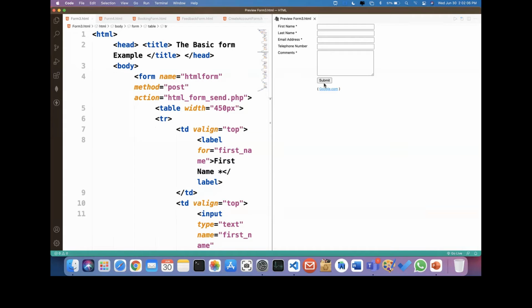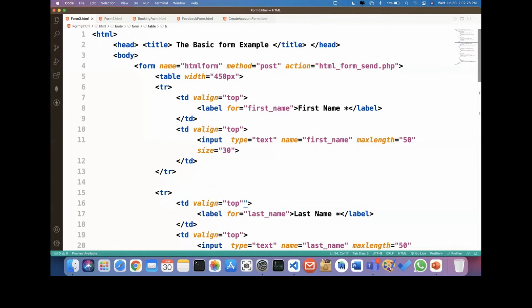Then we have a submit button, and then one link for searching. This particular form looks very nice, and there is no messy output. So try to design these kinds of forms whenever you are asked to design forms.